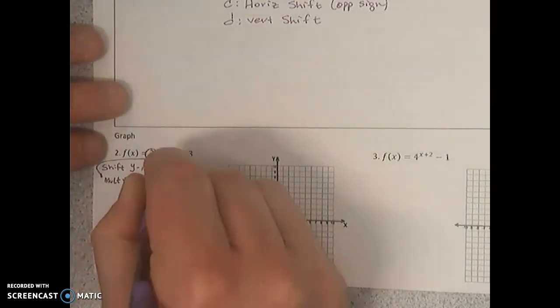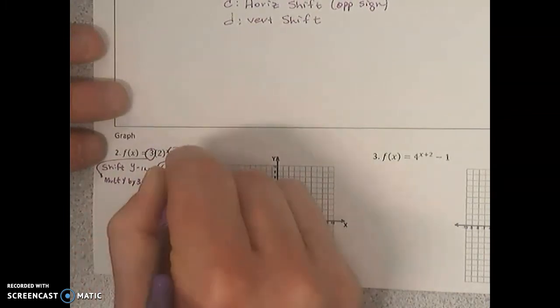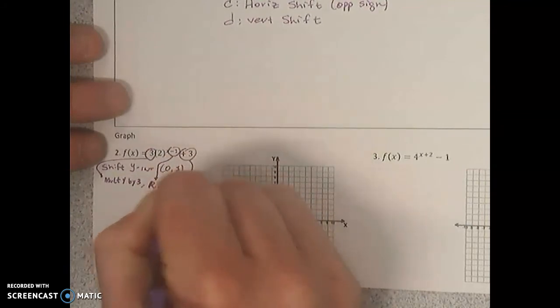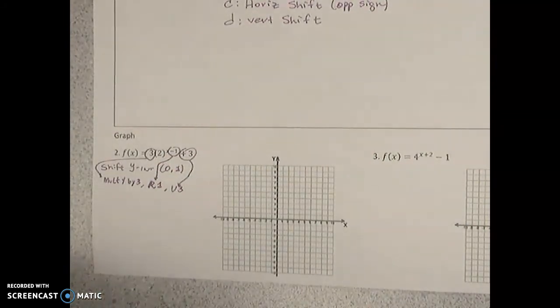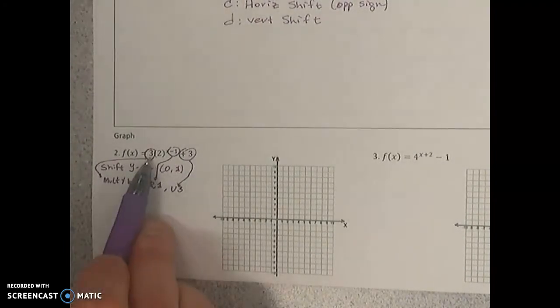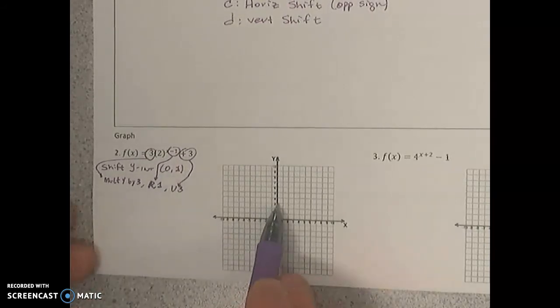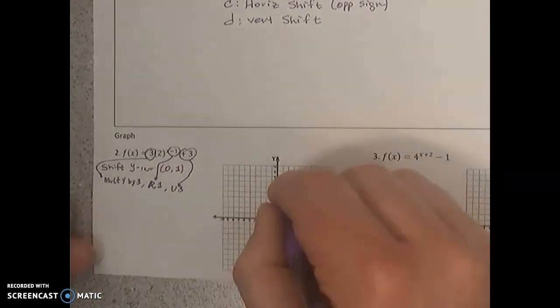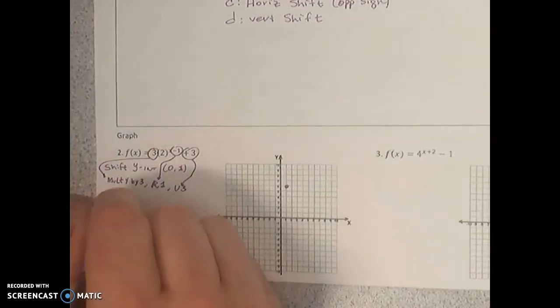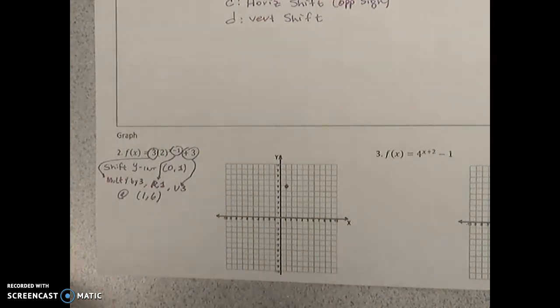Then we are going to go to the right one. Then we are going to go up 3. Okay, so if we multiply the y by 3, because that's our stretch, this would move to 0, 3, right 1 and up 3 from there. So 0, 3, right 1, up 3. We're going to have a point at 1, 6. That's going to be a requirement for you to place on your graph to show us you understand